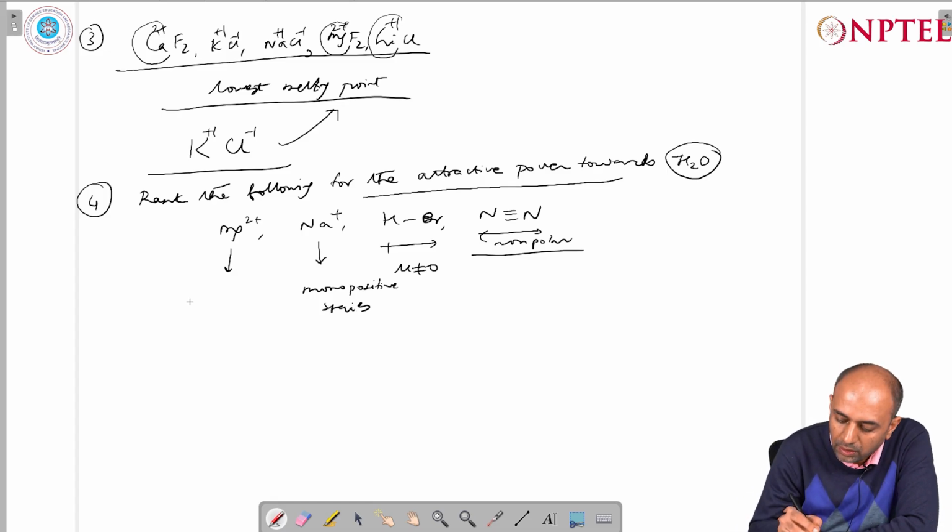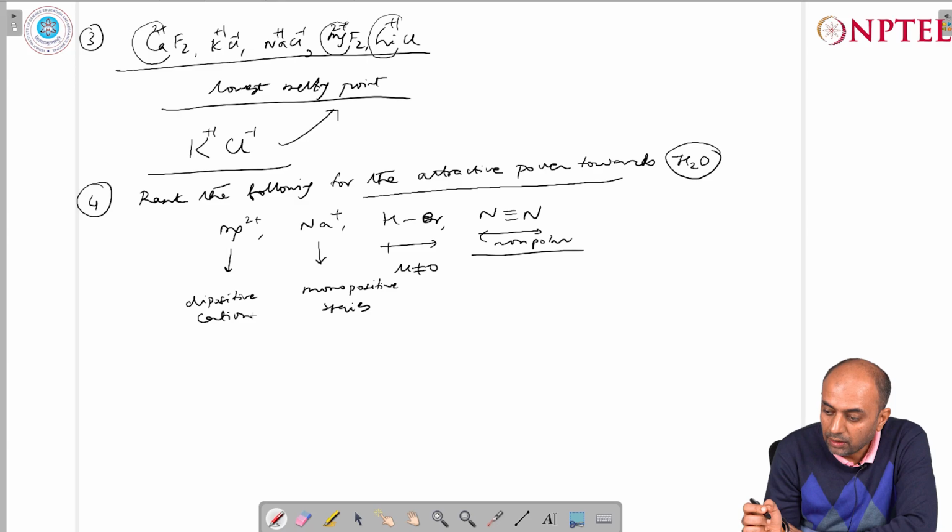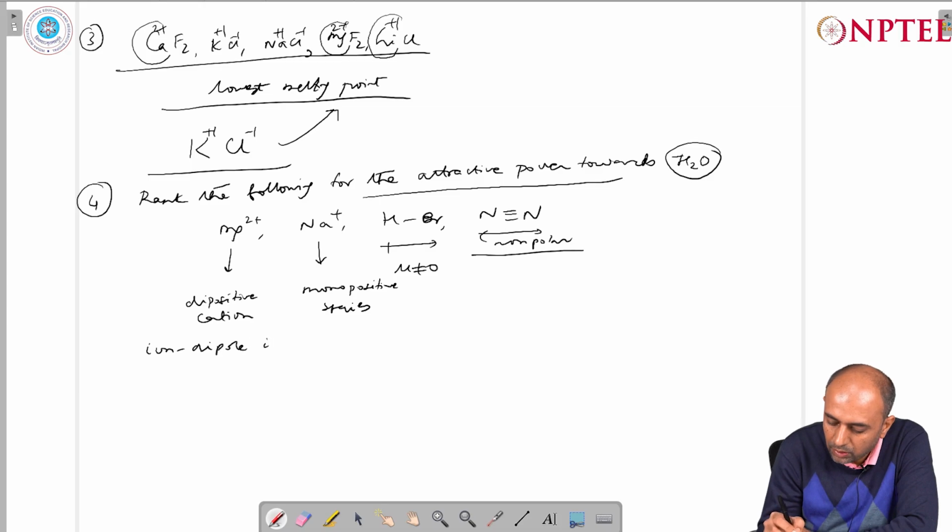And this is a dipositive species or a dipositive cation. So naturally, there is going to be strong ion-dipole interactions between the magnesium ion and the sodium ion with water molecules